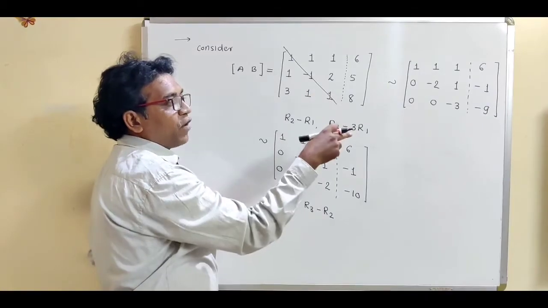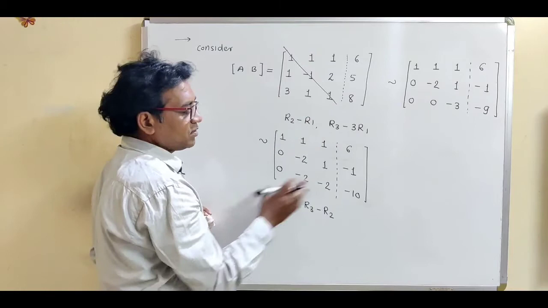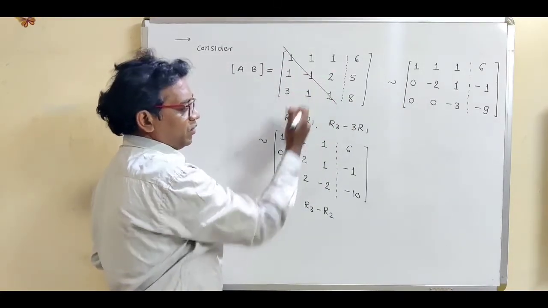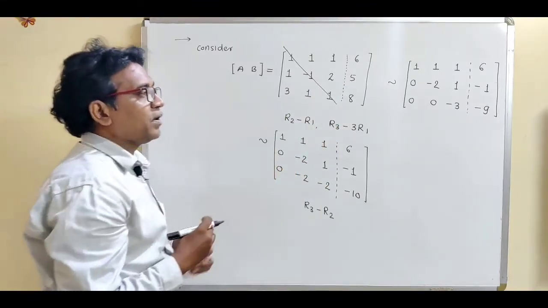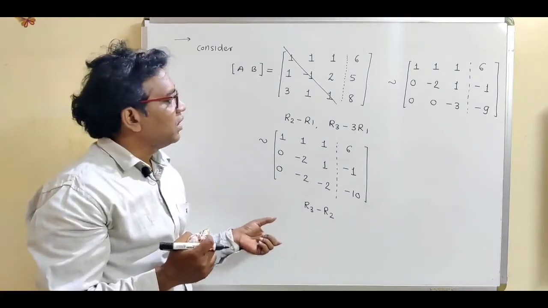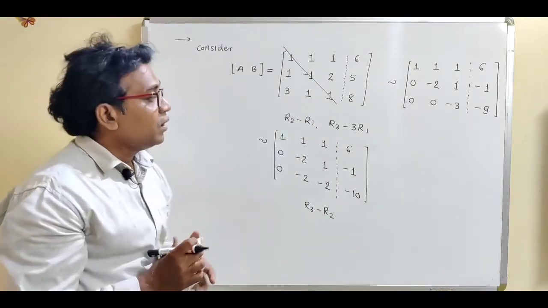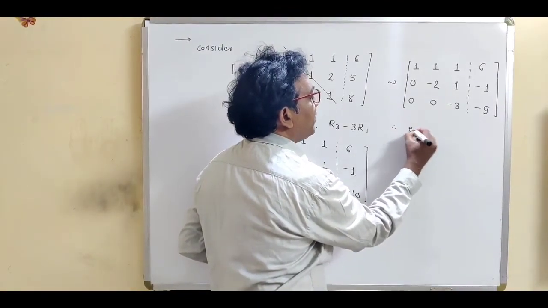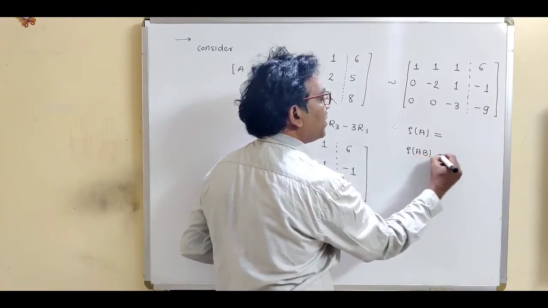So this is our standard form, which is called the upper triangular form, or it is called the echelon form. What is the upper triangular form? Just plot the diagonal element and make all the elements below the diagonal 0. So this is called the echelon form or the upper triangular form. This is the first step, how to find out the solution. First of all, reduce the given matrix to the triangular form. Now what is the next step? From this matrix, we have to find out the rank of A and the rank of the augmented matrix AB.